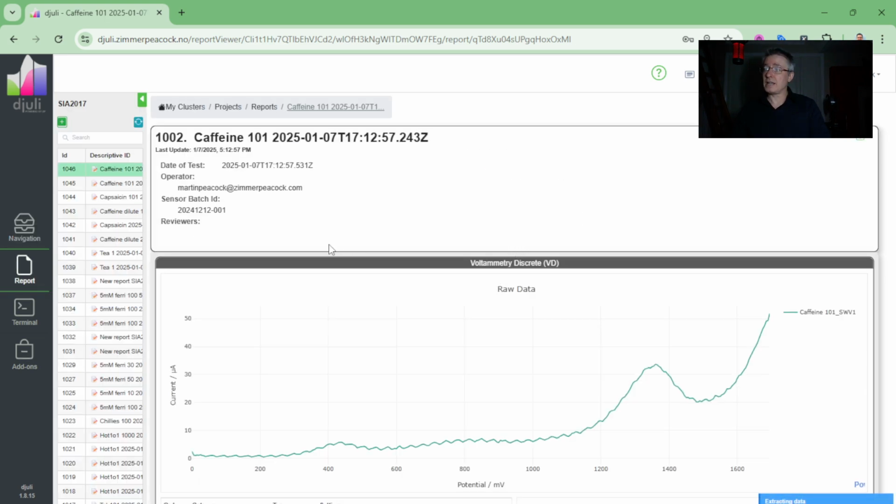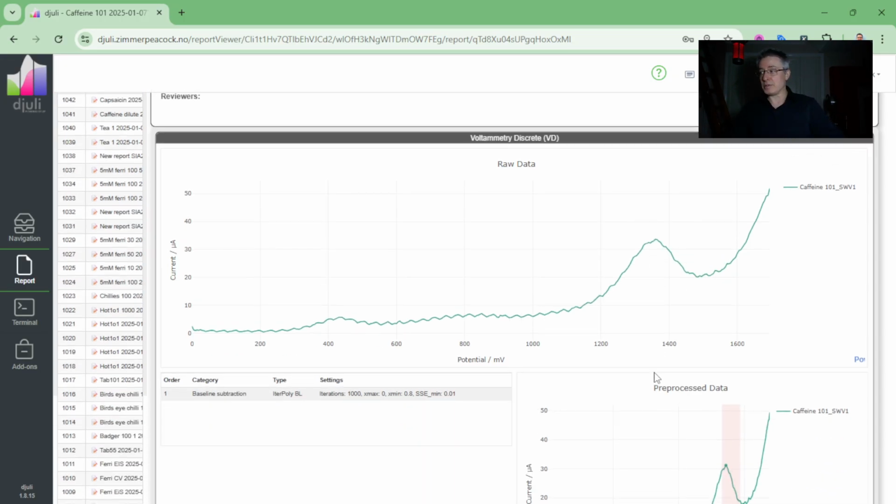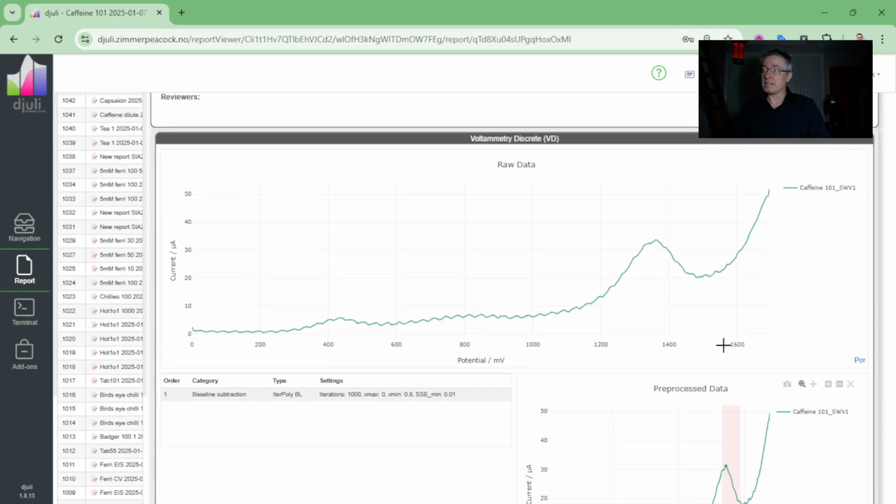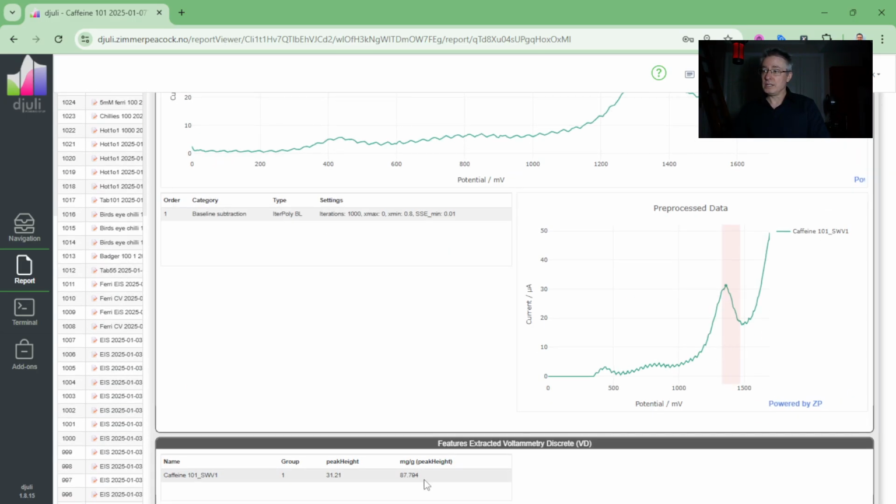And I can get a really good sense of this. So you can really see no signal, no signal, no signal, and then we get this very distinctive peak. So you can appreciate then that I can assign that to the API. The software has identified the peak, it's measured the peak height, and it's converted it into the concentration